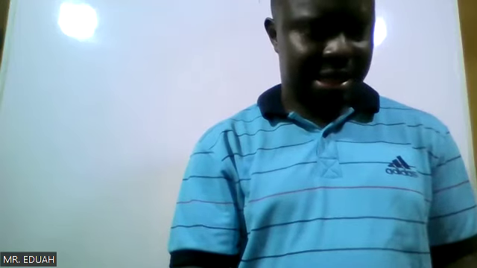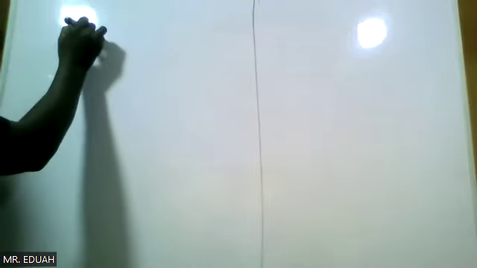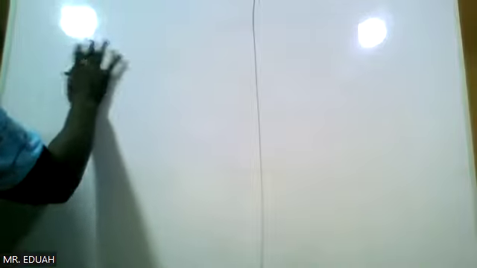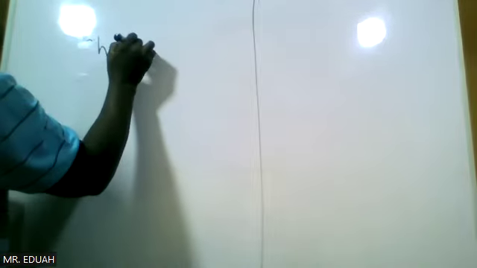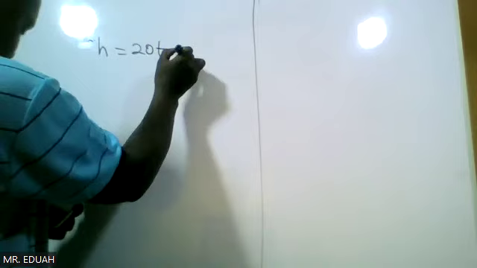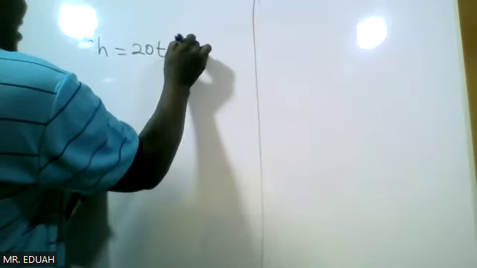So a body is thrown vertically upwards. So this is vertically upwards motion. It's thrown vertically upwards. The height h attained in time t is given by h is equal to 20t minus